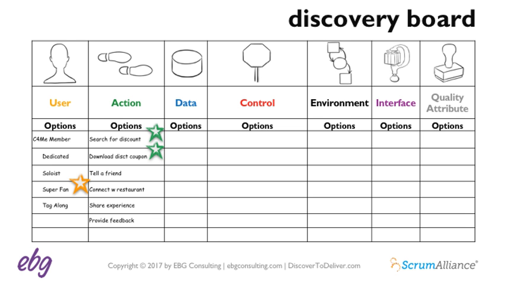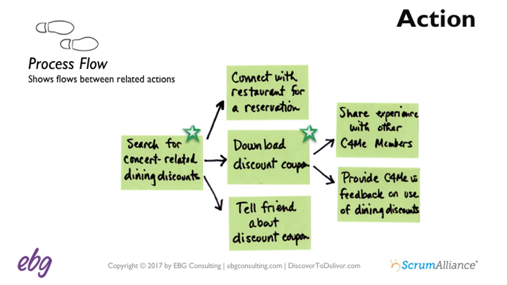just searching and downloading. Now, for the action dimension, especially when you have complex actions or sets of actions, I want to note that visual models can be really, really helpful in the conversations. And let me show you an example here. So this is a process flow, and the stars indicate those same 2 options that you saw on the discovery board. It could be your team prefers a UML activity diagram or a simple process flow without showing concurrency.